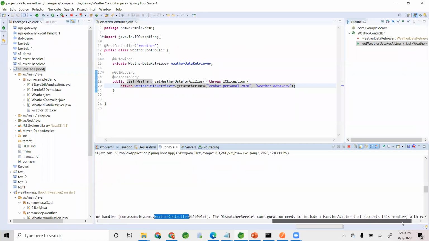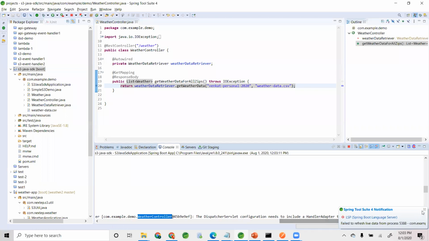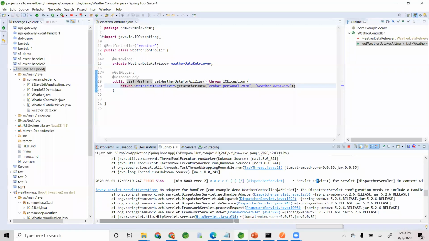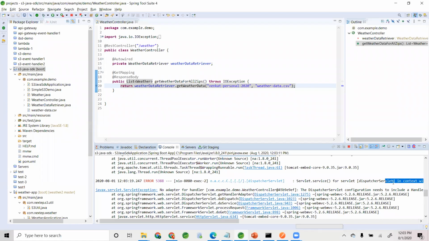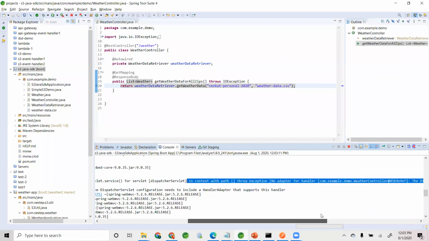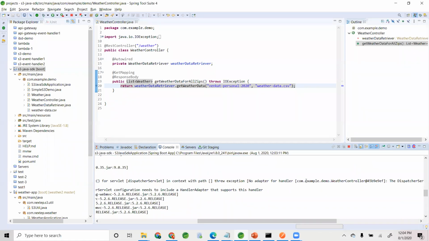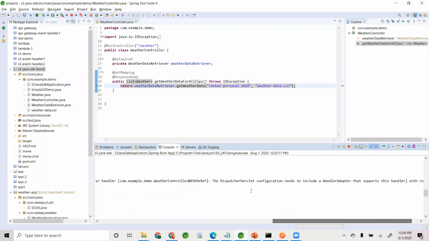Needs to include a handler adapter that supports it. What the heck? Interesting.